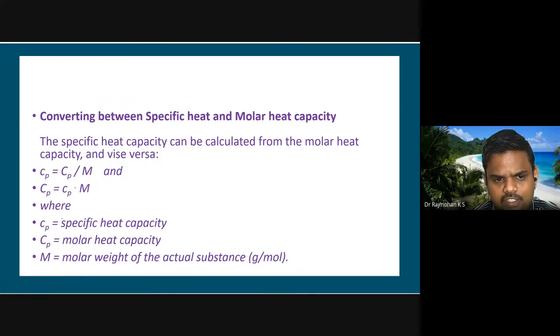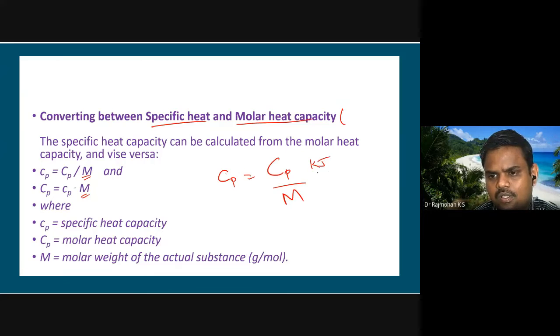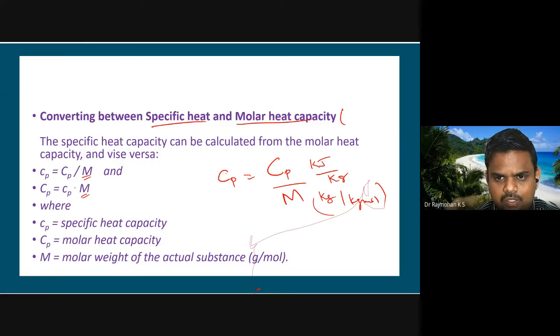Okay, and even the Cp can be converted in terms of molar specific heat and specific heat by dividing by molecular weight. I told you, if Cp by m is specific heat capacity, Cp is molar heat capacity. What is that? One is small c, one is capital C. So that way you can take it to the right hand side to write the relationship again. That is, small Cp is equal to capital Cp by molecular weight, where small Cp is, so remember this is kilojoule per kg, this is kg per kg mole. To convert molar specific heat to specific heat using the molecular weight.